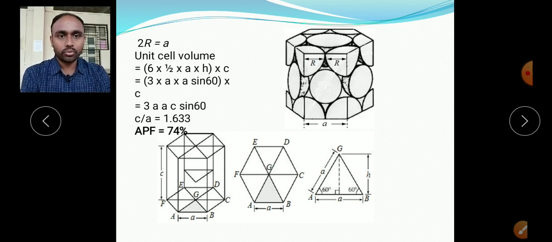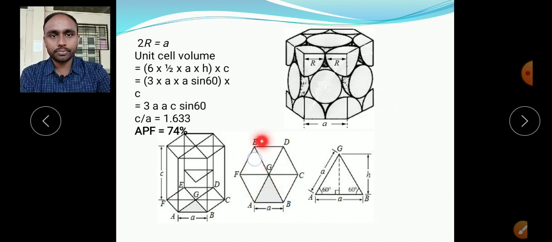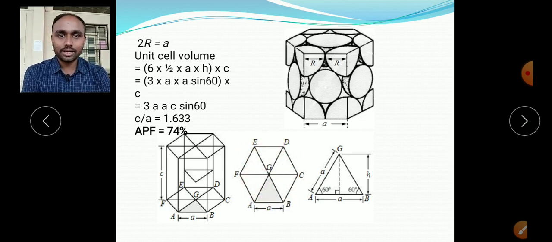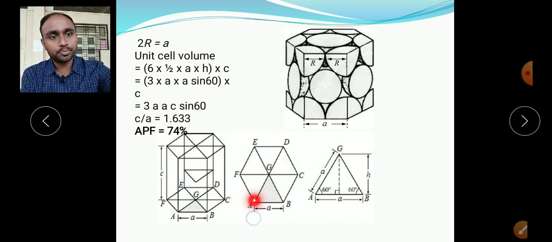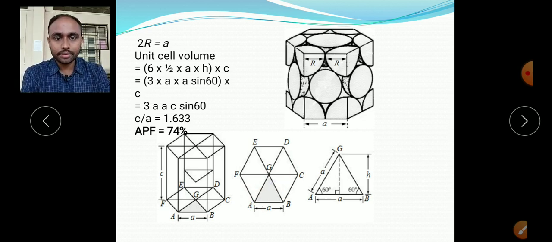So what is the formula? What we want is the area of this face. In this face we have 6 equilateral triangles, which are exactly identical and whose base is A. And this side is also A, because this is B in your unit cell, but we know that A and B are exactly the same in the hexagonal unit structure. What is the condition? A equal to B, not equal to C. So this is small a, this is B, but A and B are the same, that means this is A, this is also A.